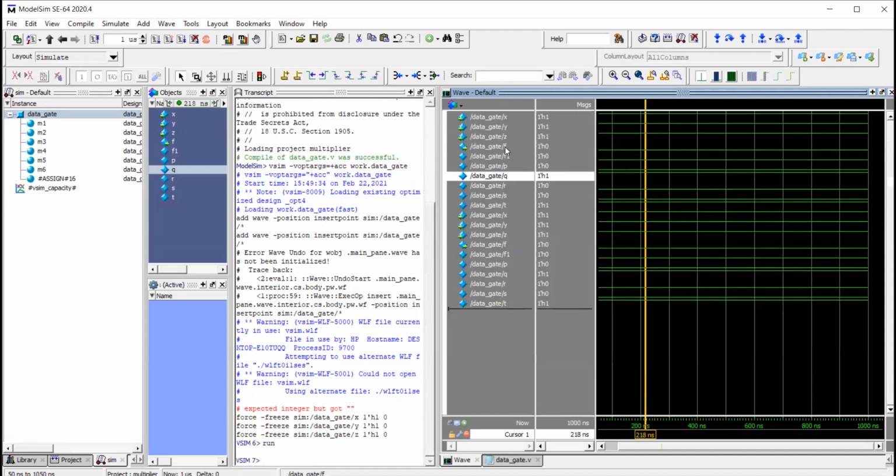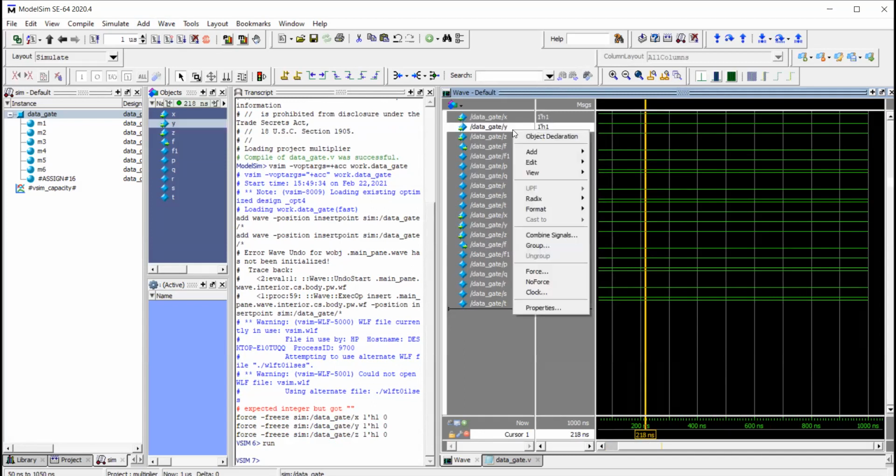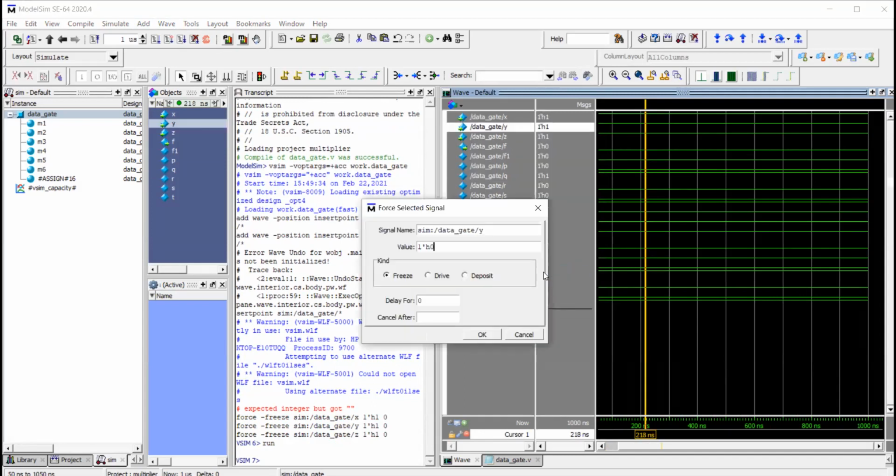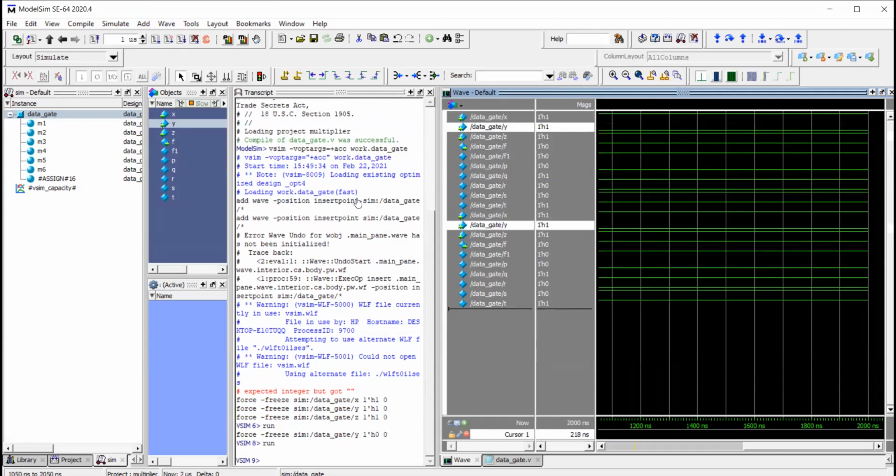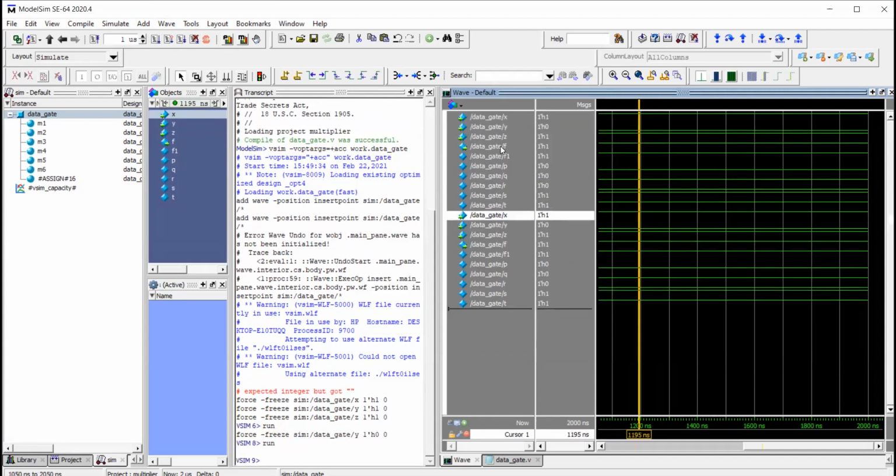So see here, f equal to 0, f1 equal to 0. Whenever we apply x, y, z equal to 1, 1, 1, the output equals 0, because y and z equal to 1, 1 bar is 0, and 0 into the whole expression equals 0. Now I'm applying y equal to 0. Now see the output change. The output f equal to 1, f1 equal to 1. So simply like this, we can verify the functionality of the design. With 3 inputs we will get 8 combinations, and we'll check all the 8 inputs.